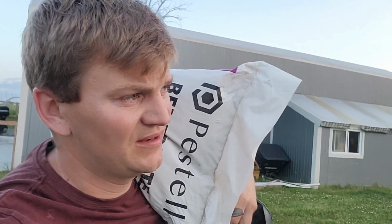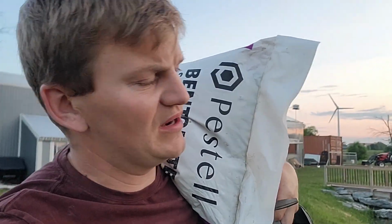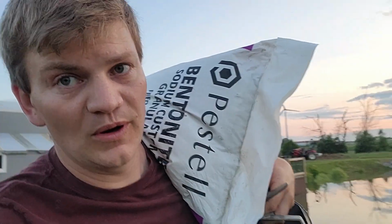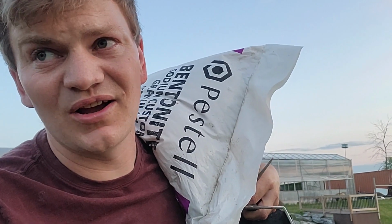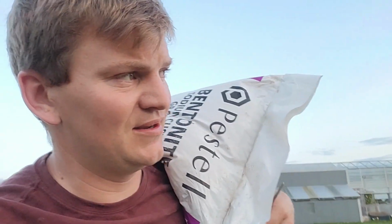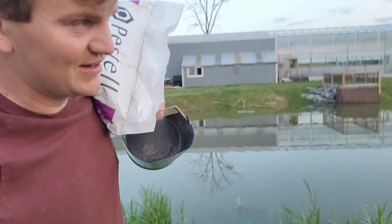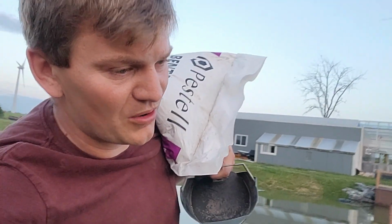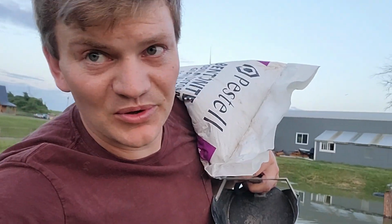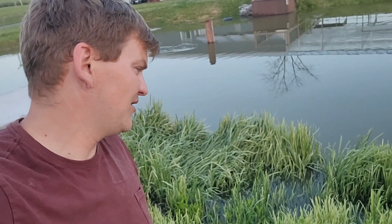Okay, and then so I went to the top of my overflow, which wasn't in the water, and followed it down, and underneath the overflow where it goes into the pond, water somehow eroded around that. I had done a concrete plug, but I guess it got around that somehow. So what I'm doing is I'm taking a bag of bentonite clay, and I'm gonna go shove a whole bunch in this hole and allow the water to pull it in, and as it pulls it in, it will swell and bind with the rest of the clay, and hopefully that will seal it. I have no idea if it'll work, but let's give it a...